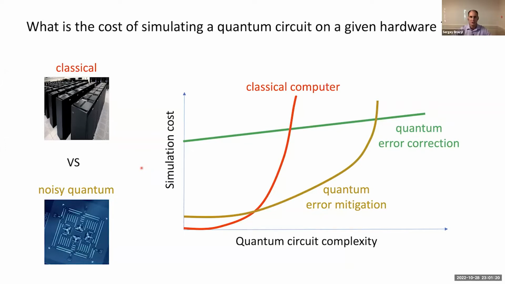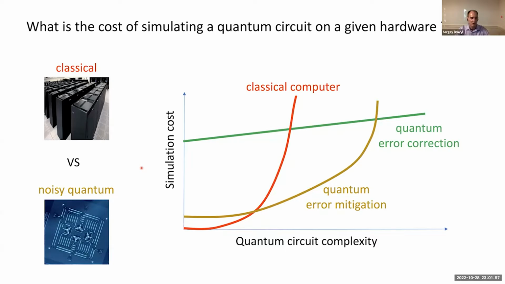To simulate larger circuits, we might have to use quantum hardware, say superconducting qubits, ion traps, and so forth. But of course, quantum hardware is noisy, so we have to make our circuit fault tolerant. And error correction is the only known solution of fault tolerance. But as you know, it is expensive. There is large qubit overhead, and error rates must be below the error correction threshold.